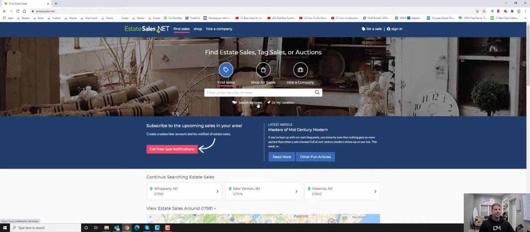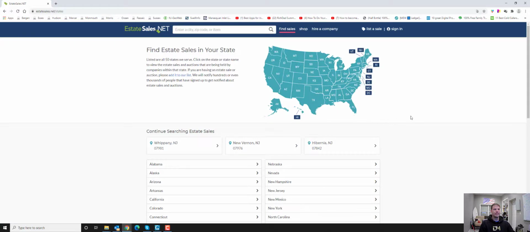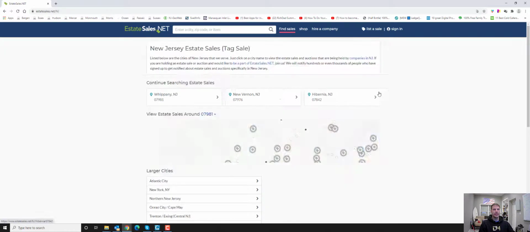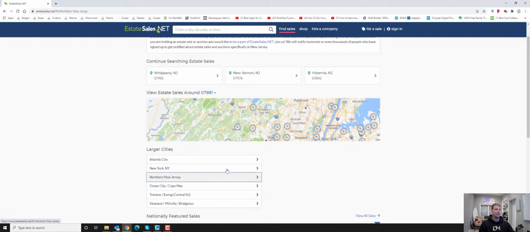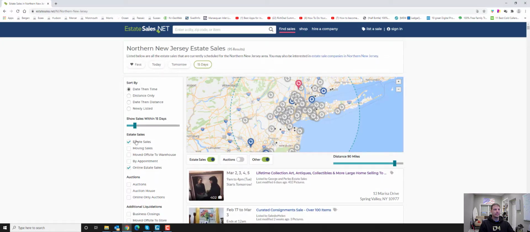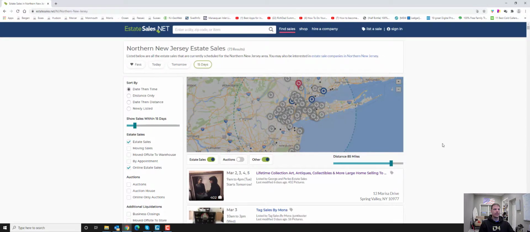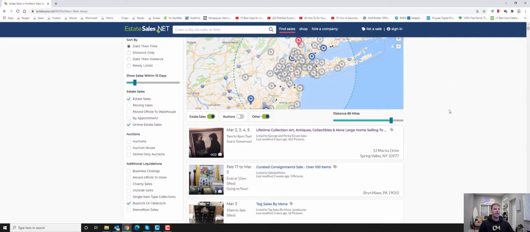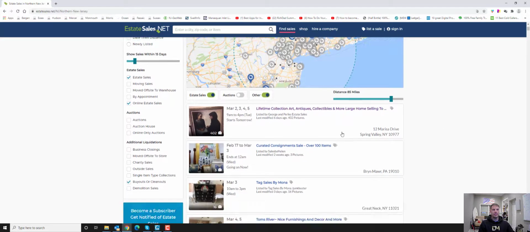And what you're going to do is go to estatesales.net. You'll click search by state, and you can select your area from the map or the links below. I'm going to use Northern New Jersey because that's my backyard. Here you have a variety of filters. I'm mostly interested in estate sales, so moving sales, etc. I don't have selected, and obviously you can select the distance as far as how far you want to go out. So once you narrow it down by your criteria, you'll see here we have a list